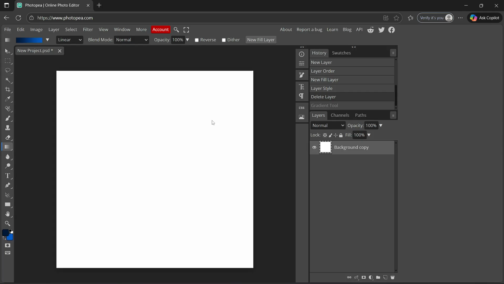Hi there, in this video, I will give you a quick guide on how you can add background color in Photopea. So before starting, you will have to make sure that your canvas is the correct size for the final output. So yeah, first you will have to create a new layer for your background,